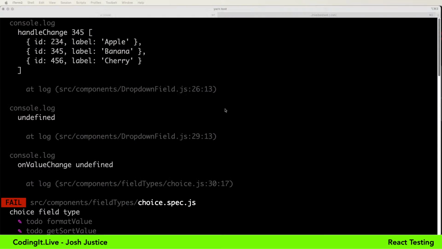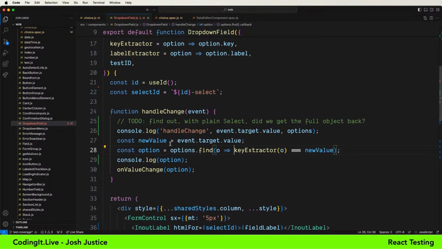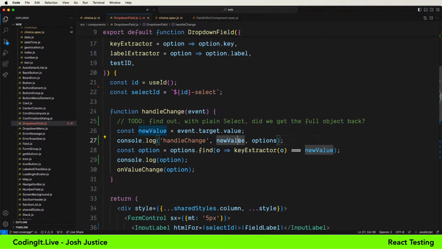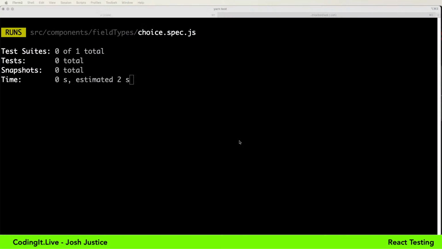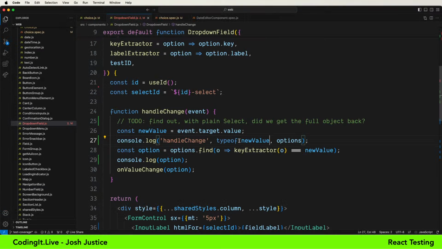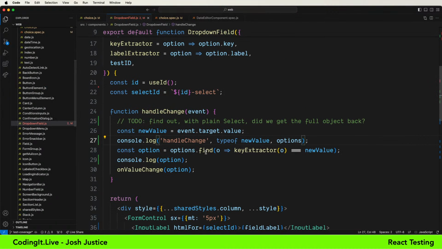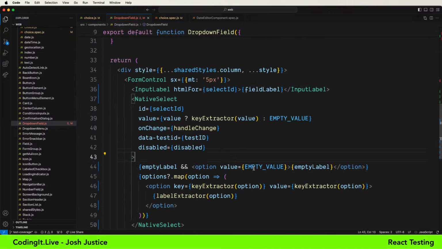New value. New value. Come on, new value. Tell me what this is. I'm missing something obvious about why this is not matching up. New value. Oh, is new value a string? It's a string. Yeah, right, because those attributes in HTML are strings, which is interesting actually because I'm not using TypeScript. It's actually strings in the running app. That's interesting.